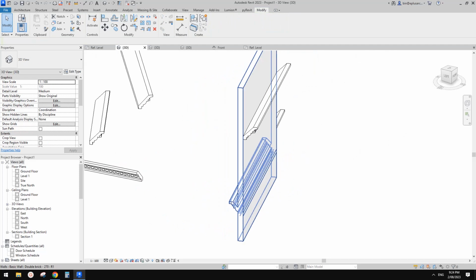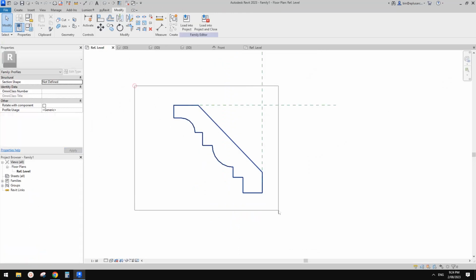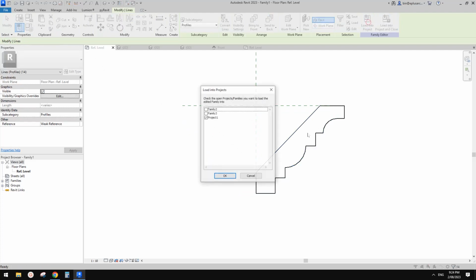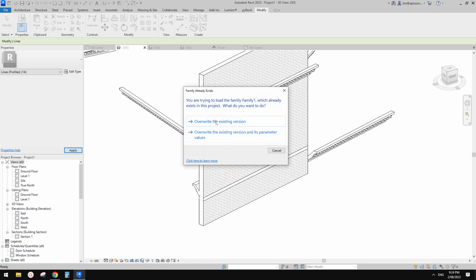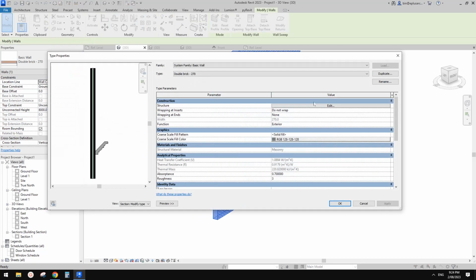So I think what we can do is, let me just finish, and you can see it actually creates something there. But what we're going to do is in here, mirror. Uncheck this copy and flip it to the other side. Load this one back into project, overwrite. So yeah, that's better. Now we can go back to this wall, edit,